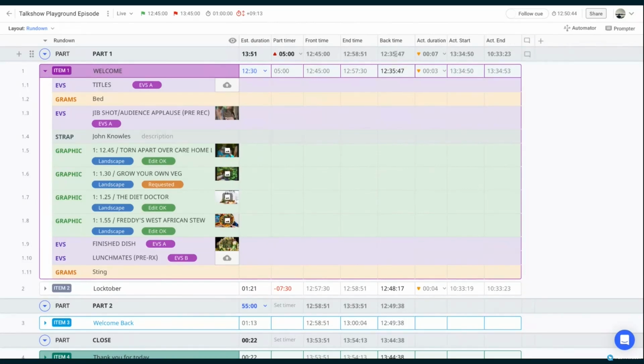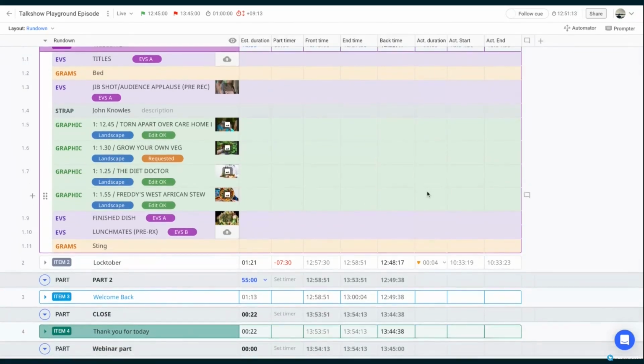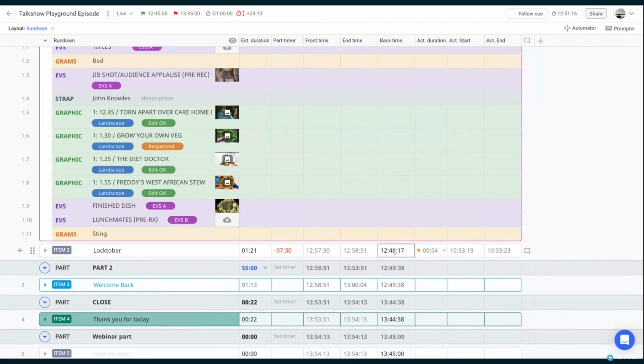Same goes for the back time, but this starts, so to speak, at the end of the show. So this one is telling you what is the latest possible moment in time that I should start part 1 to still end at 13:45, for example. What's nice is back times are overwritable in Cuez. So if you want to overwrite that automatically calculated value with something that deviates from that calculated value, you can do that. So maybe here my item 2, maybe that's not 12:48,